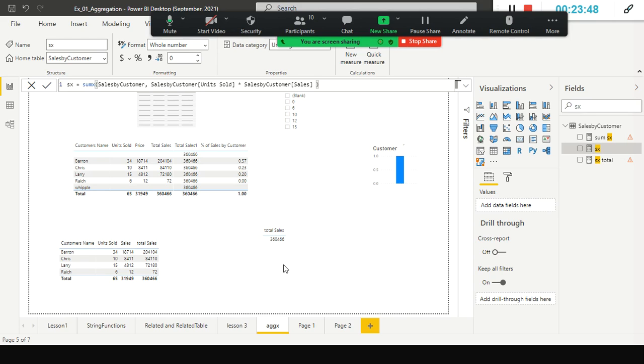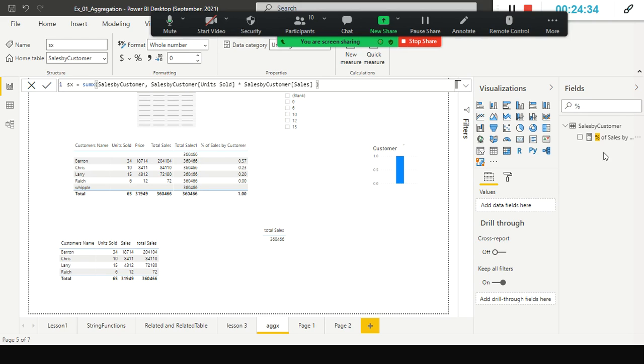So if I have to find out the contribution of each and every customer, I have to divide each value by this one. But I cannot take this value and divide by this one, because, for example, if I drag and drop this again, what will happen? This is what my total says, right? Each row, if I take this value and divide by this, I can get the percentage. But the problem is, whenever I drag this one, it applies the filter context. So what is the way out? What I did, I have created another measure, percentage of sales by customer.